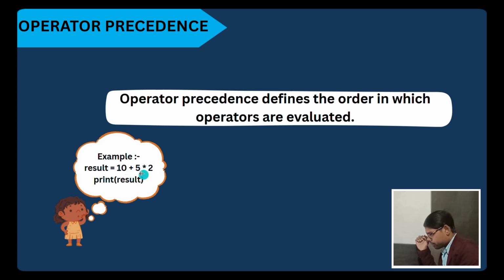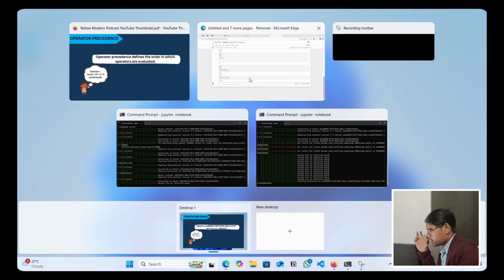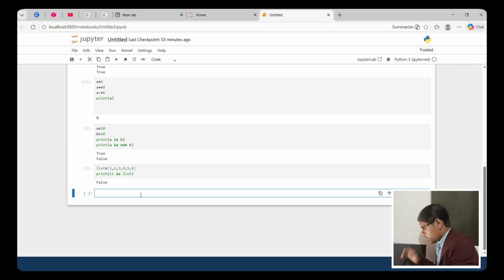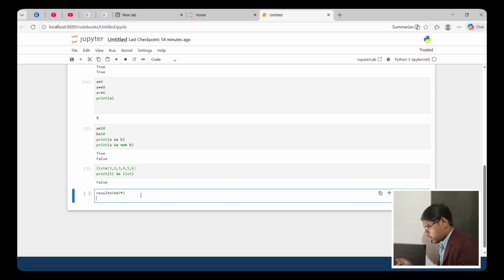Okay, like this, 10 plus 5 multiply 2, so which precedence is high, of course, multiply. Yes, multiply precedence is high, so 5 multiply 2, just print result.